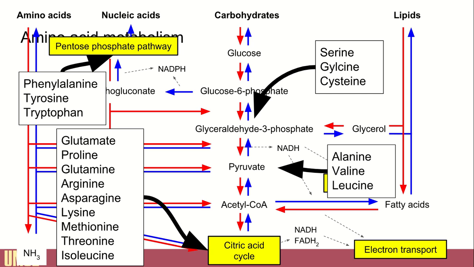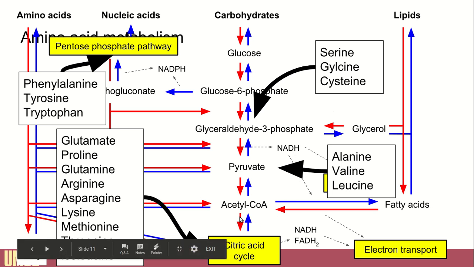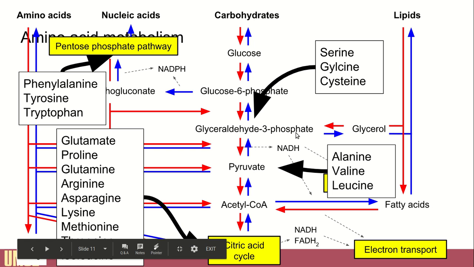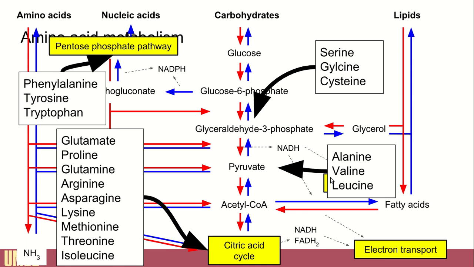So where do these amino acids go? So if I were to remove amine groups from their various amino acids substituents, what I would see is that the aromatic amino acids, again beyond the scope of this course, are fed into the pentose phosphate pathway through a series of reactions. Serine, glycine, and cysteine, these all end up as glyceraldehyde 3-phosphate and can be oxidized through stage 2 of glycolysis. Alanine,